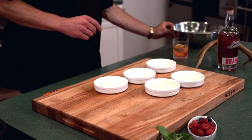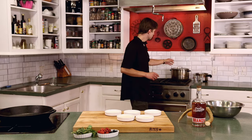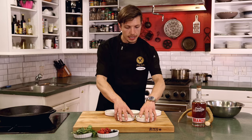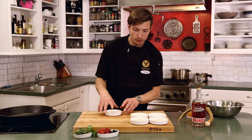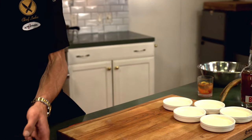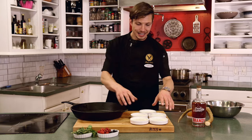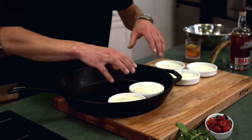And then what we're gonna do is, it's important that we have a pot of boiling water. It needs to be at a boil. And then we need to give it a water bath, almost something like what you would do with the cheesecake. And you can use anything for that. You can use a roaster. I use cast iron for cooking all the time, whether it's searing a steak, whether it's doing venison chops. That's big in Wisconsin, venison. It's just a great multi-purpose tool. So we'll go ahead,